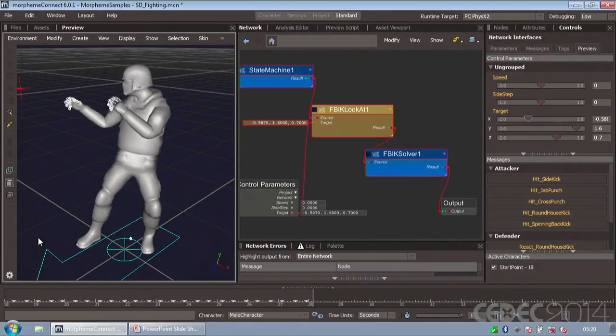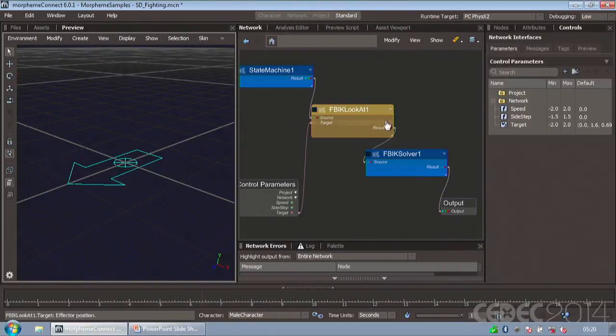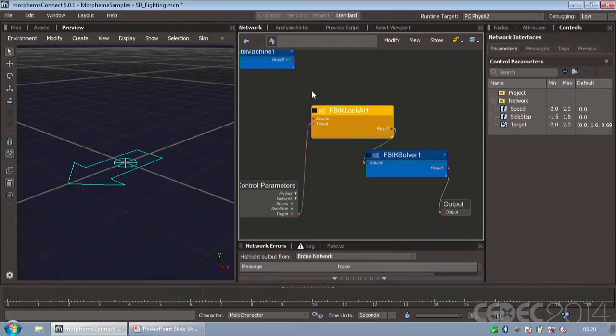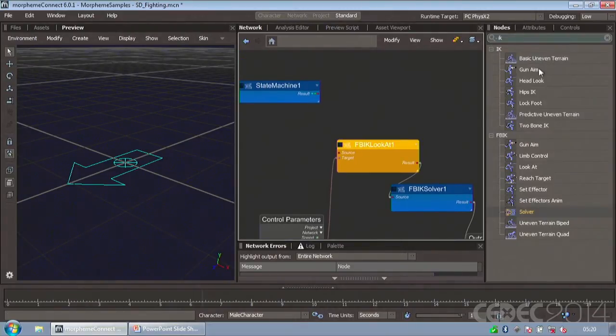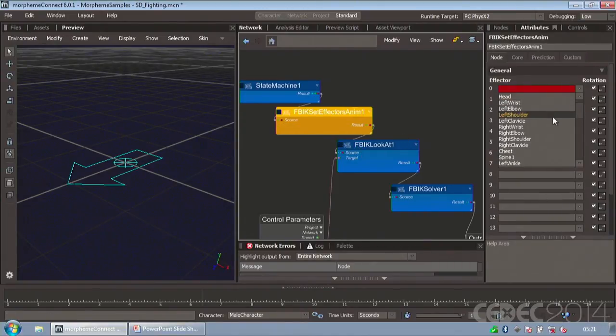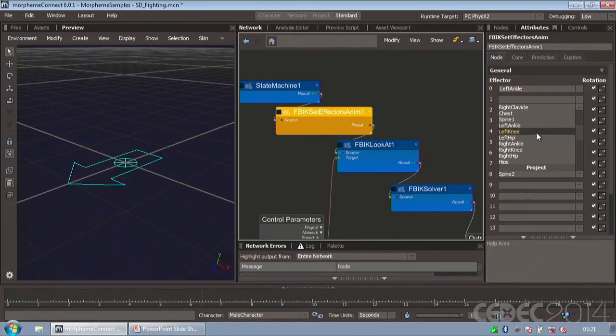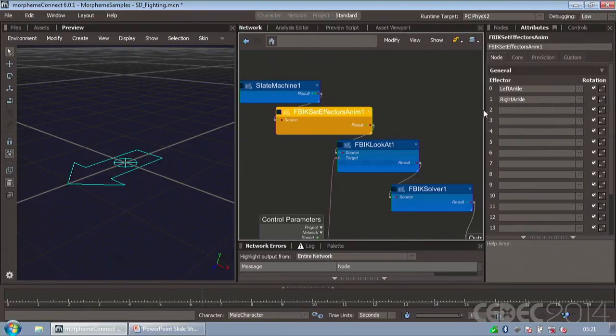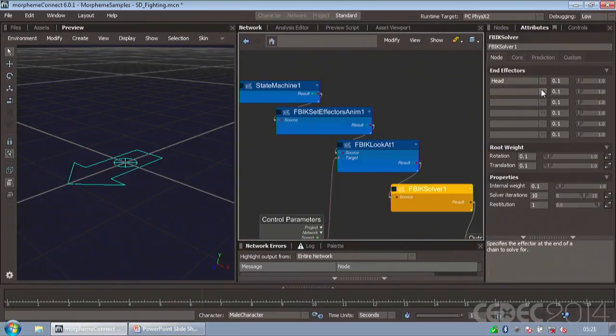So what I need to do now is add some more IK so that I'm IKing the feet to the position coming from the animation data. But of course, because this is full body IK, that's really very easy. What I can do is simply take my IK node here, my set effectors anim, and what this will do is say I want to take the information from the animation and use that to drive where the effectors for the left and right ankles are going to be. So we're holding the feet in position now, as well as making the character look around. So add those into the solver